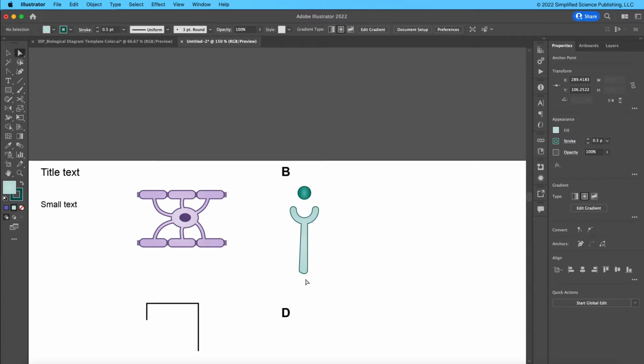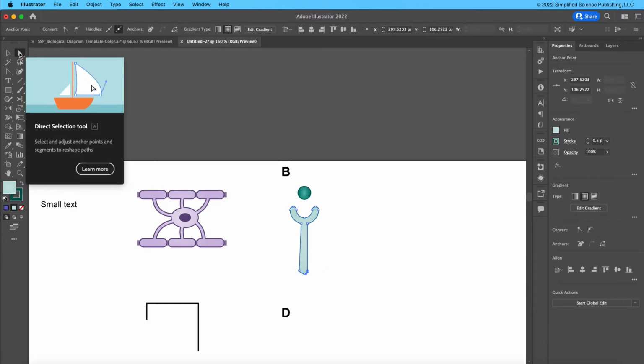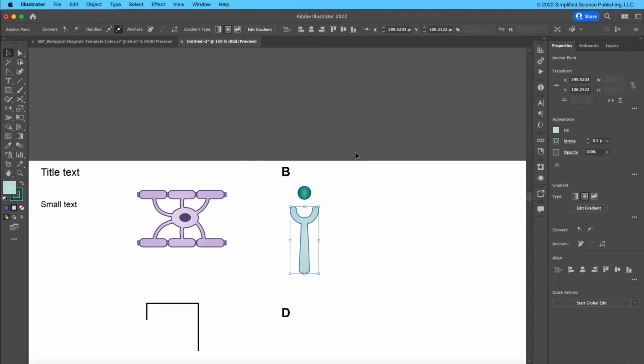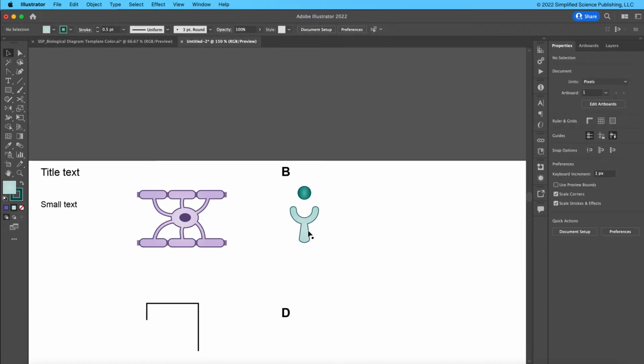It can be as simple as selecting individual points with the direct selection tool to make things wider, to make things shorter. Again, the whole point of this file is that I'm trying to save you time by giving you everything you need to create your own customized illustrations instead of having to rely on templates that you can't fully